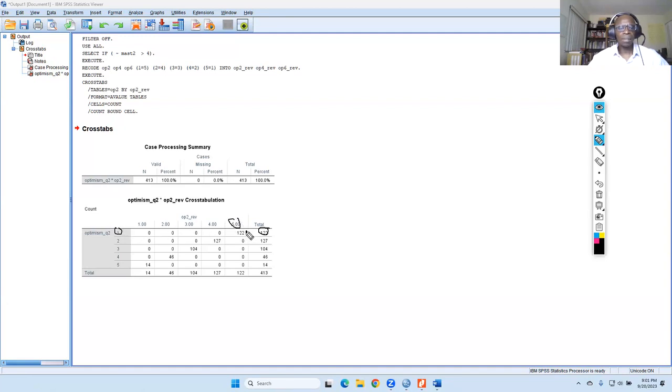And then we've got 2 and 4, and we've got numbers here. And then we've got 3 and 3. We've got 4 in the original and 2 in the reverse code. And here's where the numbers are, the number of respondents. And then we've got 5 and 1, and this is where the numbers are. If this makes sense, type in a Y. If it doesn't make sense, type in an N.